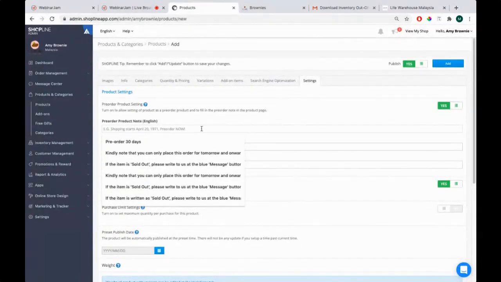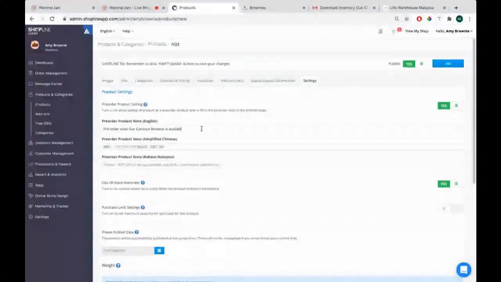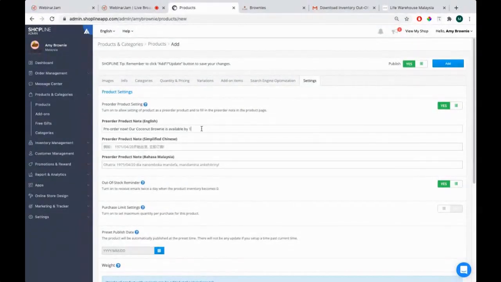For example, my coconut brownie is not available in the month of today. This month is July. It's not available yet, but it will be available in August. So I can let my customers know by setting a note like: Pre-order now. Our coconut brownie is available by 1st of August